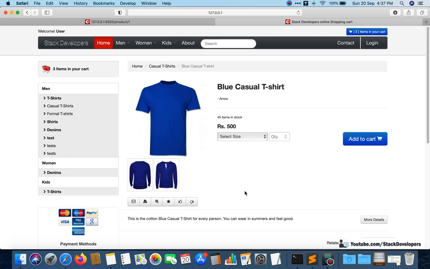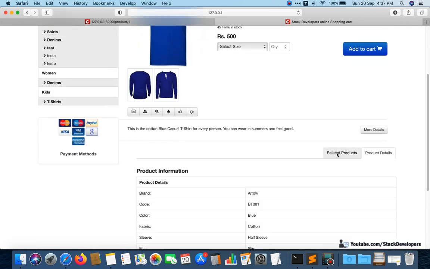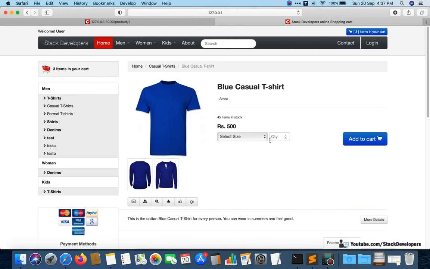So now our category name and URL is also coming, so that the user can easily look at other t-shirts of the same category. These casual t-shirts we are going to show in related products as well, except this one. We will leave this product, but we are going to show the other products of casual t-shirt.